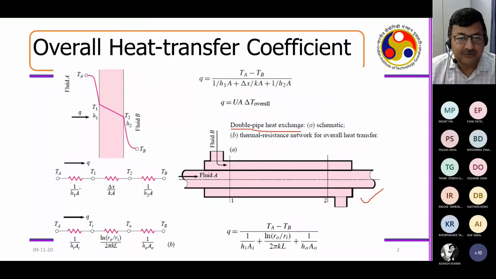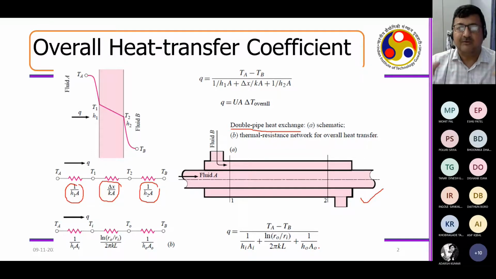And in that regard, we will have different types of resistances. We are now very much comfortable. This is the convective resistance. This is the conducting resistance. This is the convective resistance. If I add them together, this is for a rectangular coordinate system. This is for a cylindrical coordinate system. For the rectangular coordinate system, the rate of heat transfer is the driving force divided by the resistance, whereas for a cylindrical coordinate system, it comes out to be like this. This we have already established, right?